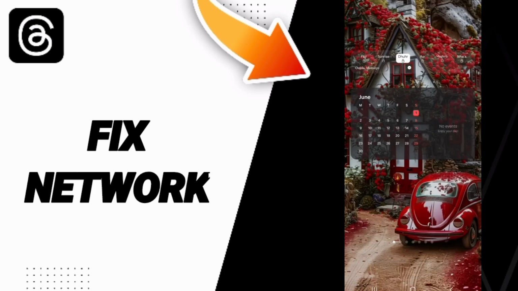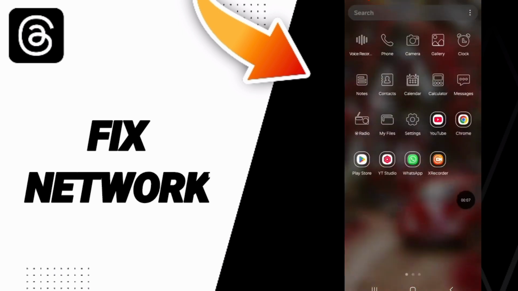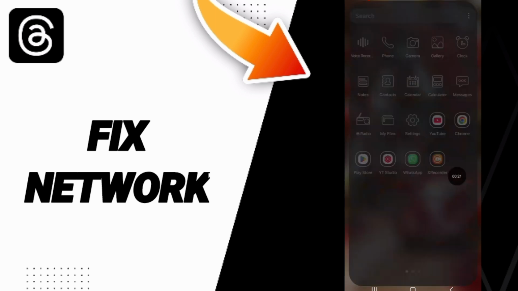Today we'll talk about how to fix or how to solve the problem of network on the application of Threads. We click on settings,